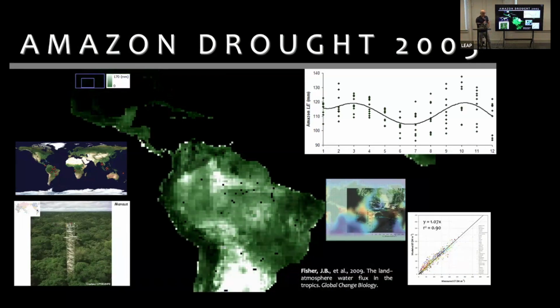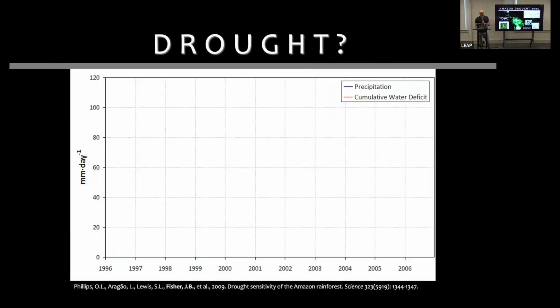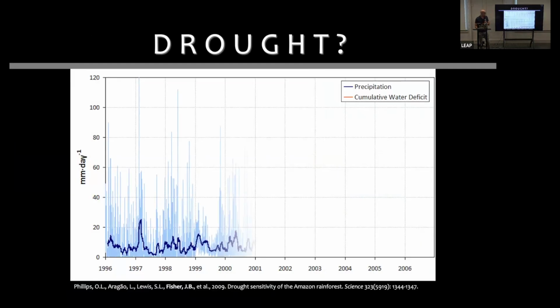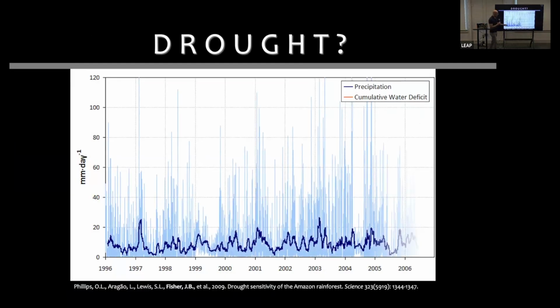And so then in my PhD work, I was one of the first people to develop a global remote sensing evapotranspiration product. And so we use this to look at, all right, we know there's a rainfall deficit, but if there was not a lot of evapotranspiration, there could be a lot of soil moisture. But if there was a lot of evapotranspiration, then you would have dry soils. So we put those together, and if you look at the rainfall record right before this '05 drought, it drops there. But how dry was the soil?